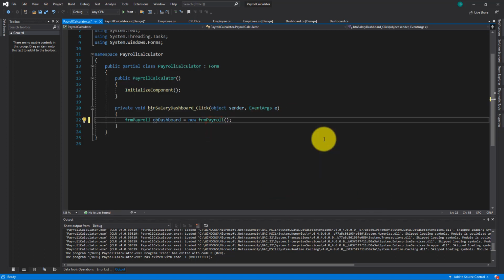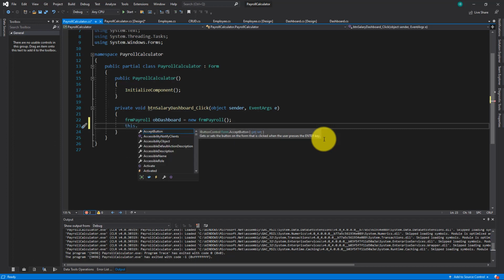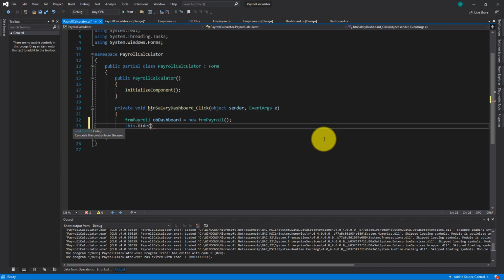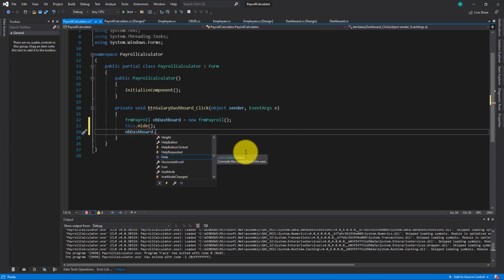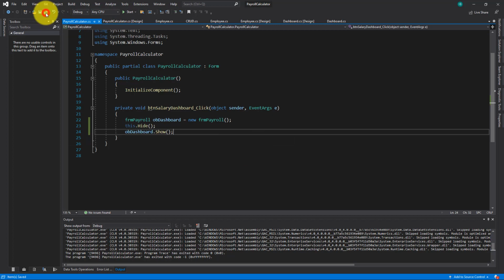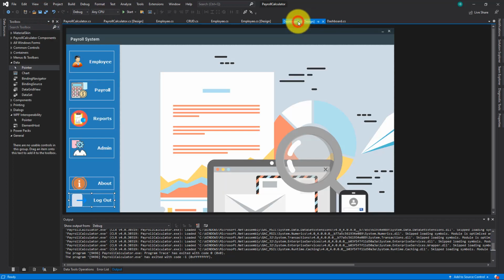parentheses, semicolon. Now, when the dashboard form is released, I want the payroll calculator form to be hidden. So therefore, I'm going to use the keyword this and the method hide. Semicolon. I'm going to use this object OB dashboard to release the dashboard form using the method show. Here you go. Let's save it. And now on the dashboard, when I click this button, the payroll calculator form should be